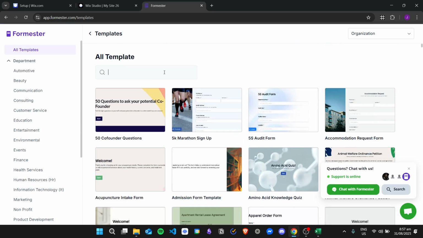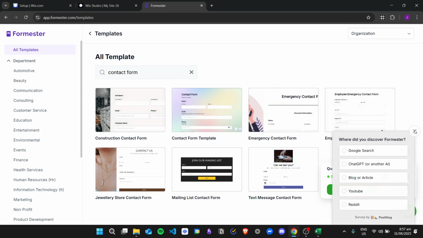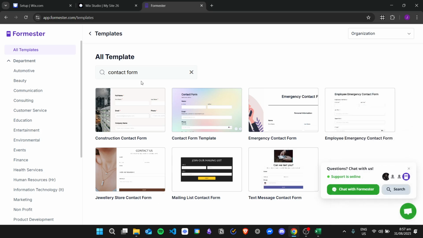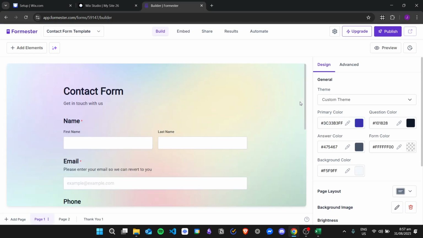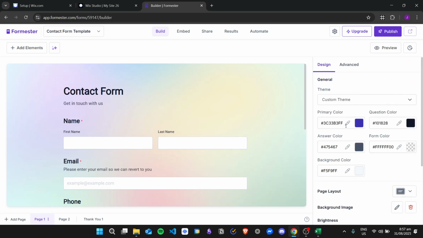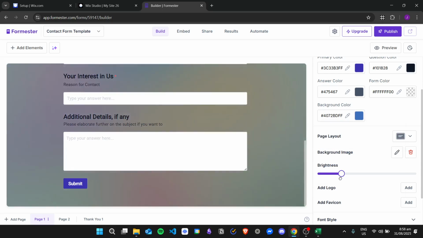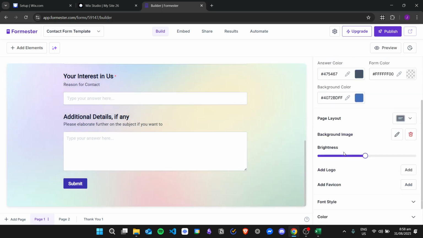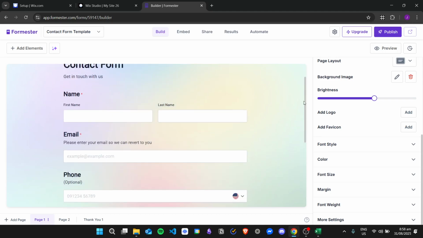For example, I want to have a contact form as well, and then I can use this template. And then from here, you can edit the form if you want. For example, you want to change its text, you want to change the colors, and so on and so forth. It's up to you if you want to change the specific fields right here in the form, but I'm okay with this one, so I will now click on publish,